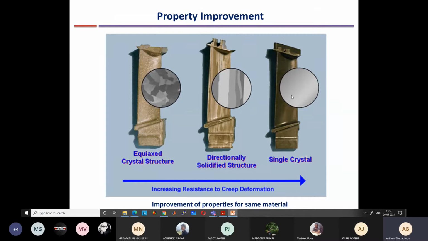Do you know what a grain is? The difference between two grains is the crystallographic orientation, meaning the atoms are arranged in different directions in each grain, in arbitrary directions. When I say that there is one grain here and another grain here, the atoms of, say, nickel are arranged in a different direction here as compared to the atoms of nickel here. So as a result, there is a grain boundary where there is a mismatch.